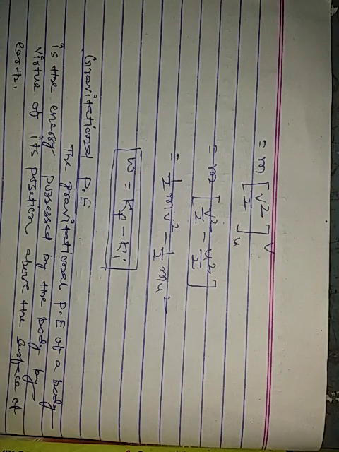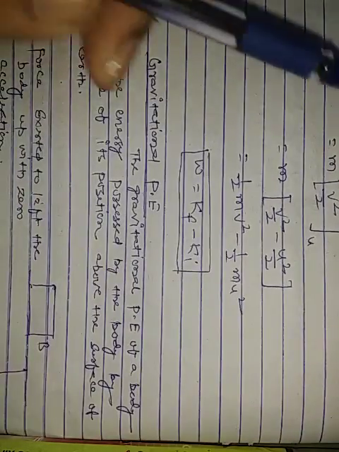So as we know that upper limit minus lower limit, so m times v square by 2 minus u square by 2. So this is half mv square minus half mu square, where half mv square is equal to final kinetic energy and half mu square is equal to initial kinetic energy.